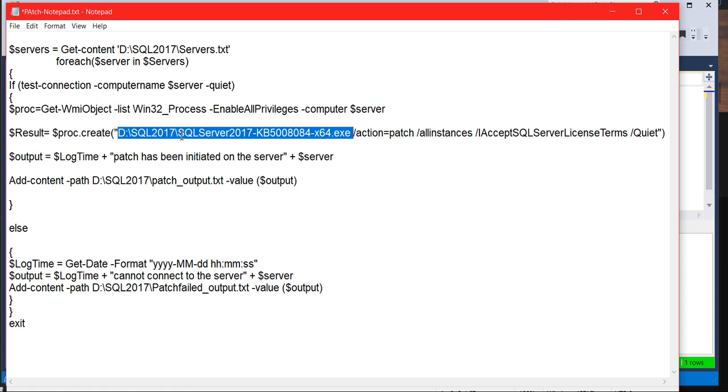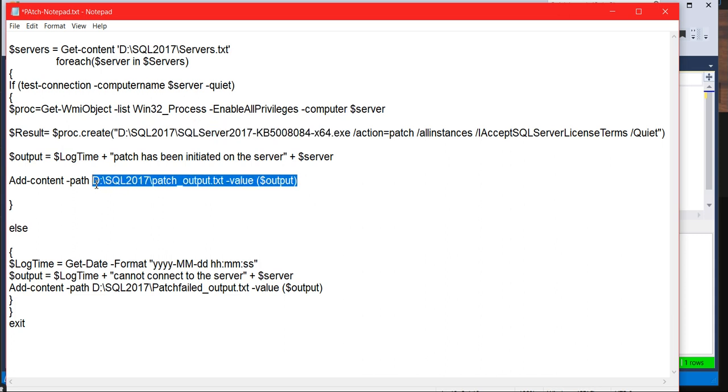So now the question is how we can copy these patches to each of 200 servers. That's another time-taking task, right? You would need to log in to 200 servers, create a directory, and place the files. So you can take the help of robocopy. That's also an automated process. Robocopy basically will copy your data from source to destination. So you can use that robocopy, and that will be helpful. No need to log in and copy these binaries to all the servers. Okay, that problem is also solved.